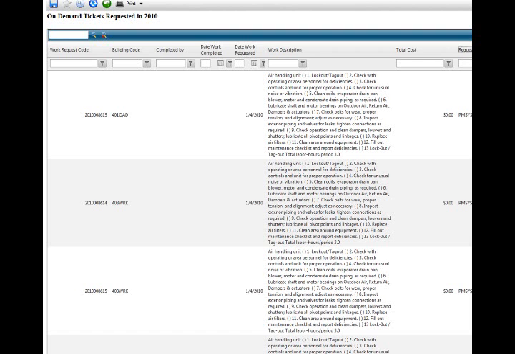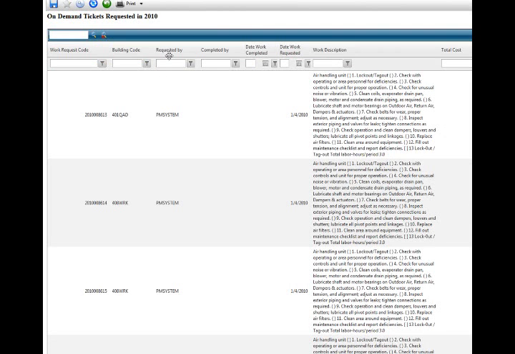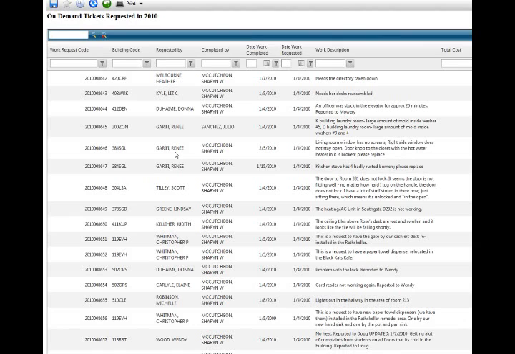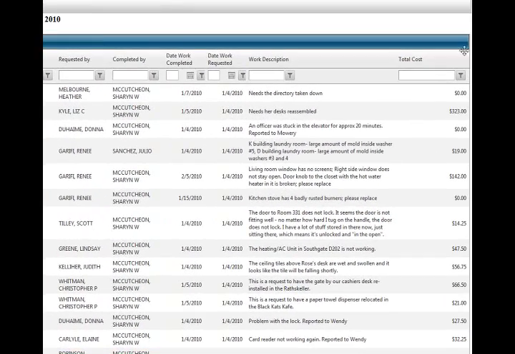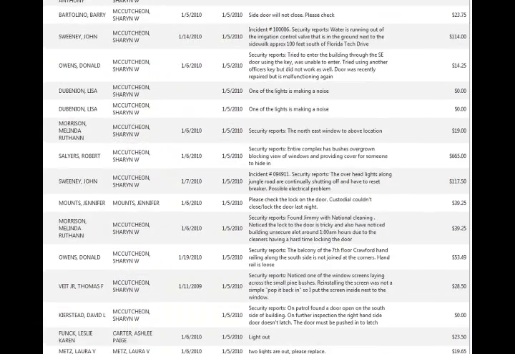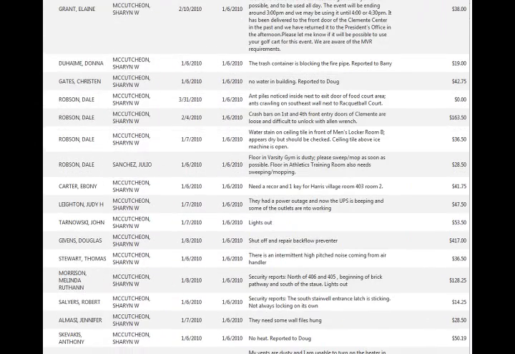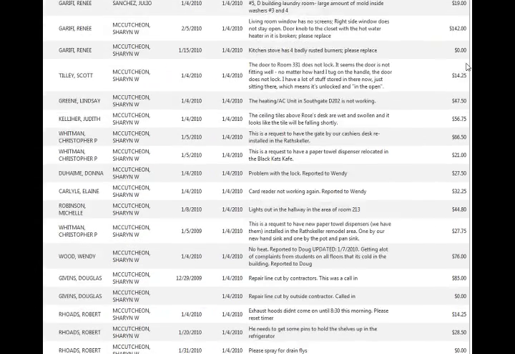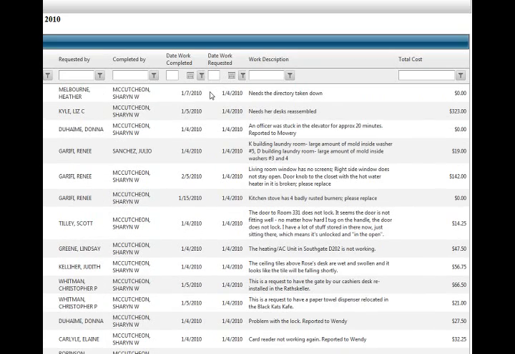We can also drag our columns in order to reorder them. So you can see that we decided to show our requested by field, and it ended up at the end of the report. So we dragged that over to where we wanted it. You also note that we can actually right-click on values in the report and apply filters. And so in this case we said, hey, I don't want to see anything that was requested by the PM system. So now we're actually looking at on-demand work. So this is starting to get a lot closer to what it is we intended to show.